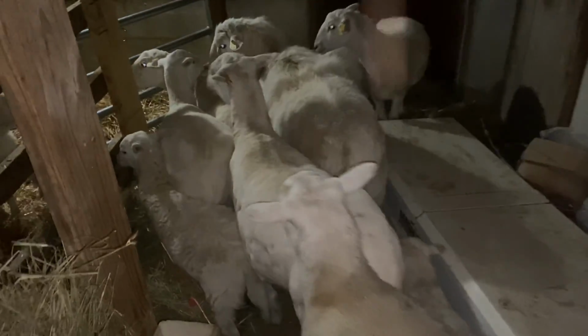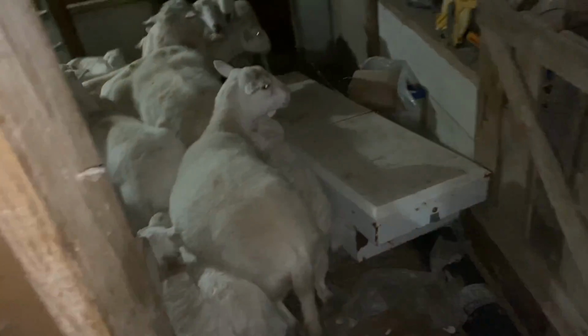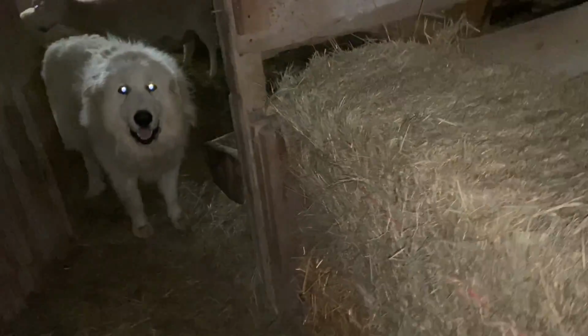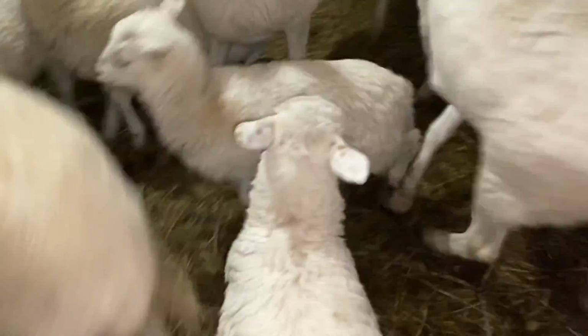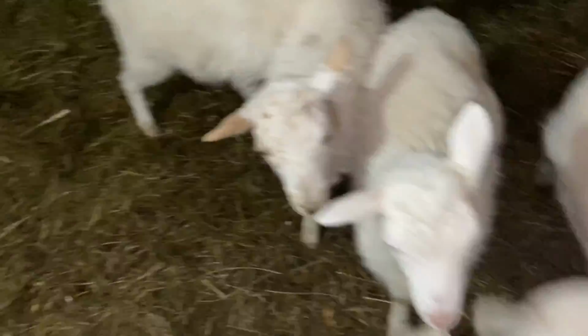Okay, so I'm sending them all into there. And gonna try to deworm them. Okay, let's see if this works to usher them in there. Yeah! Yeah! They are just blowing right past me. Well, not tonight,